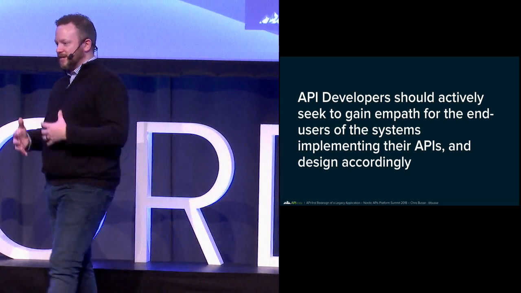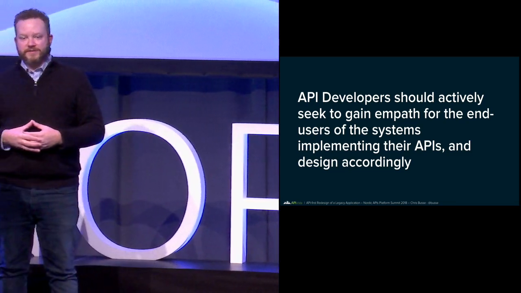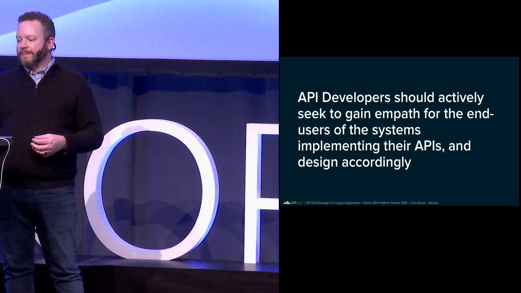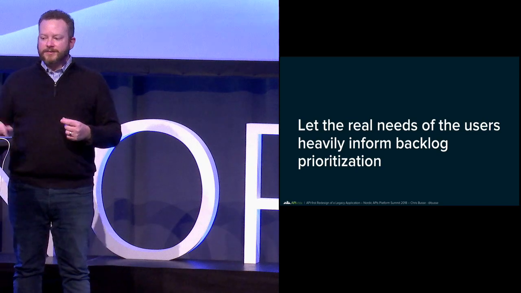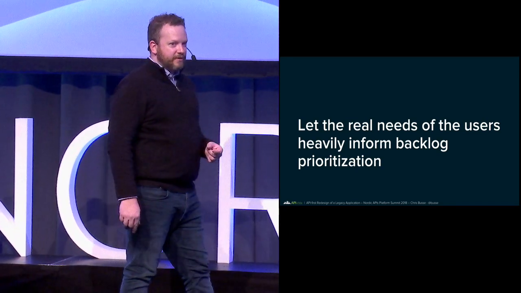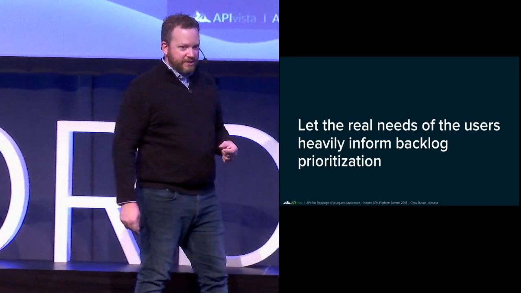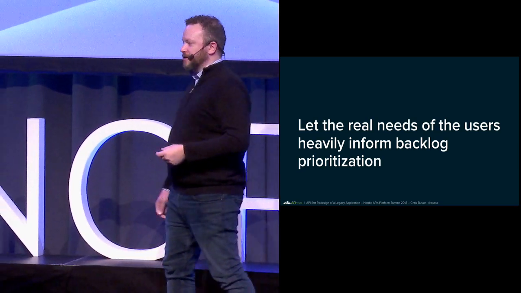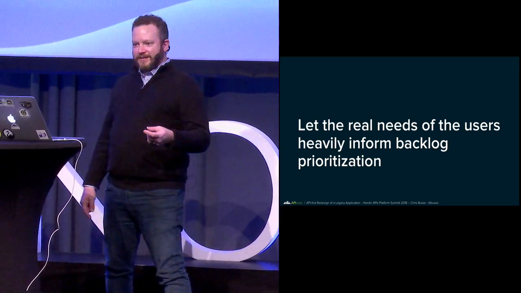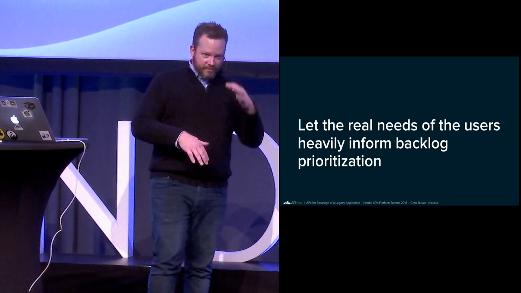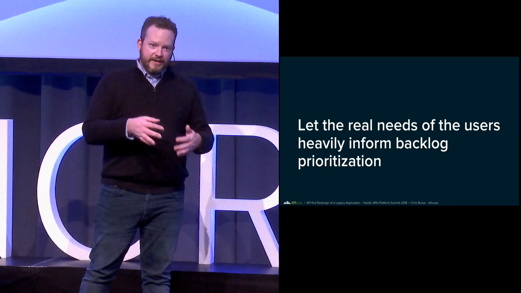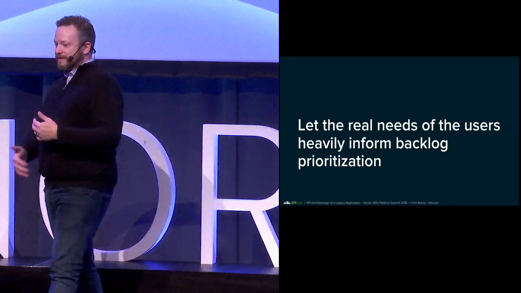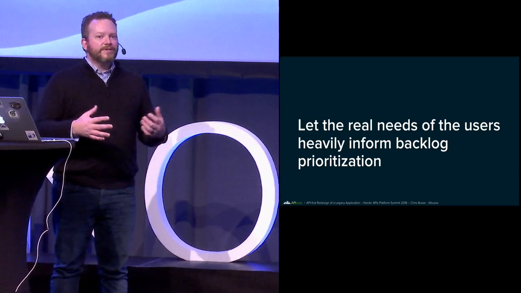And I think you need to make time, advocate for time, especially if you're looking at an existing process and you're looking to redesign into it. Let the real needs of the users heavily inform the backlog prioritization. I think a lot of times we get hung up on what ifs or the cool technical thing. But at the end of the day, if you within your team or with your management can't figure it out, get out, call a customer, find somebody who talks with the customer on a day-to-day basis, and find out from them, what does the customer want there?